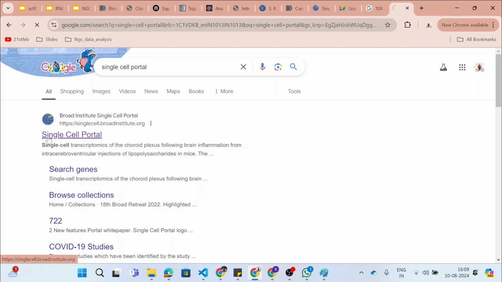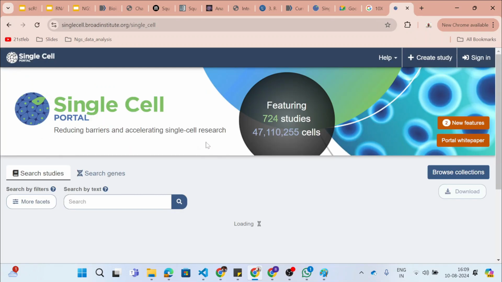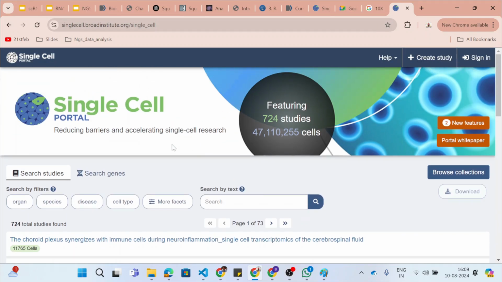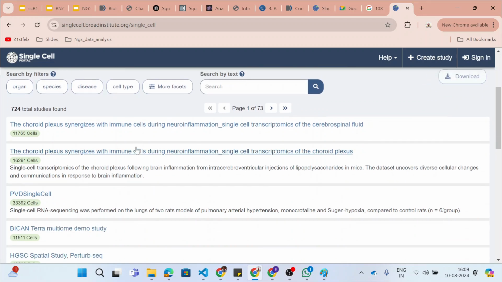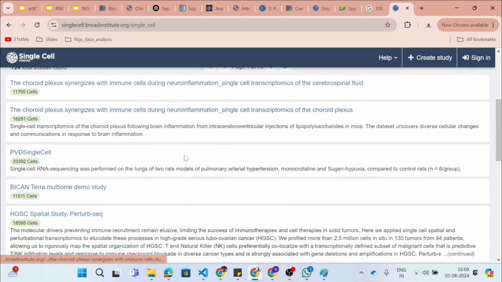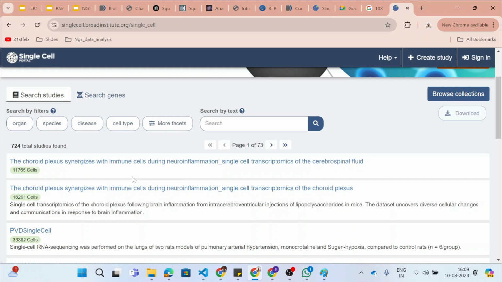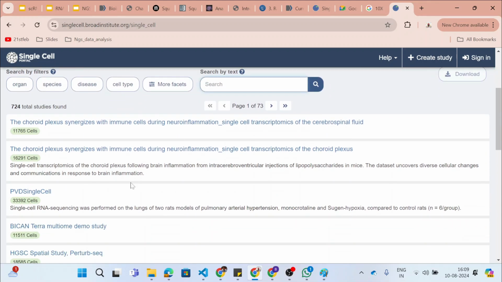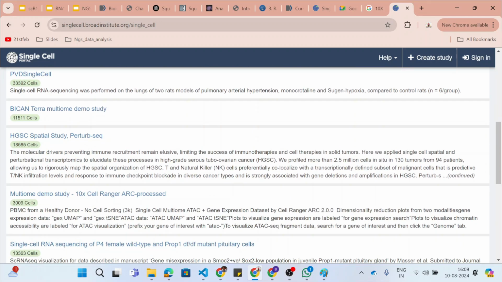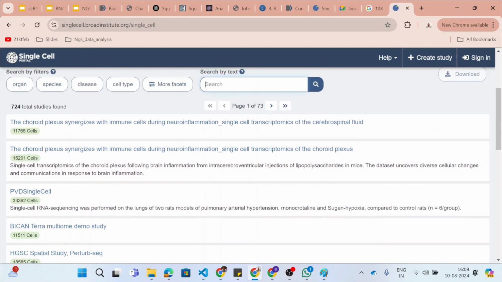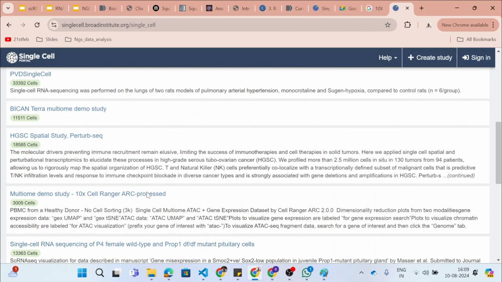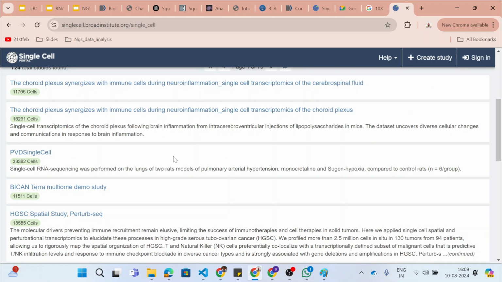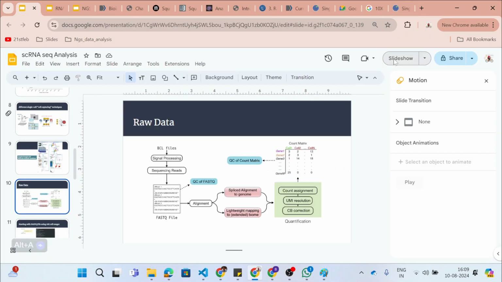and when you click on it, you will have a lot of information on all the single cell experiments. You can do the filtering, and you can select different conditions. Let's say I want a particular cell type of a particular tissue. You can just add it in the search box and you will get all the single cell experiments related to that tissue. For example, if I am interested in mouse brain data and I write mouse brain, we get a list of all the single cell experiments uploaded to this database. So this is the way to collect the information.